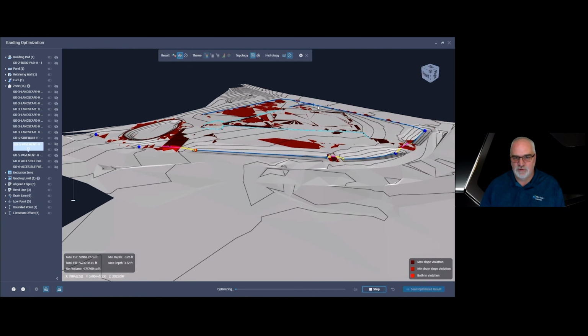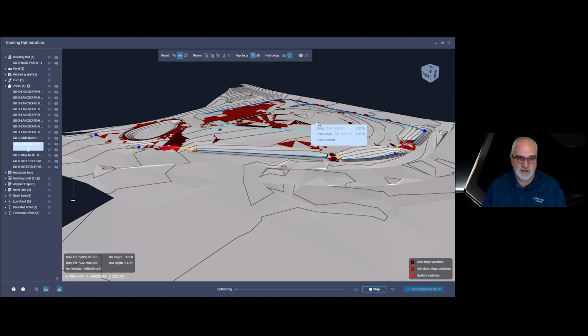For this example, I did this site with feature lines. It took 3 to 4 days to go through a bunch of iterations trying to get that perfect mixture, because it's so flat and needs good drainage. It came within a 10th of my finished floor that I figured out with feature lines and going through all those iterations. But you can see I'm getting there a whole lot quicker.